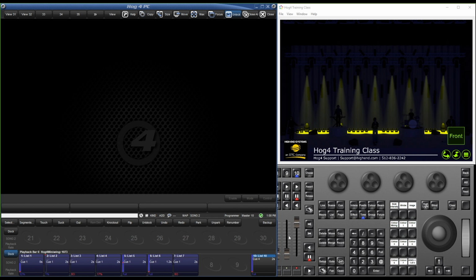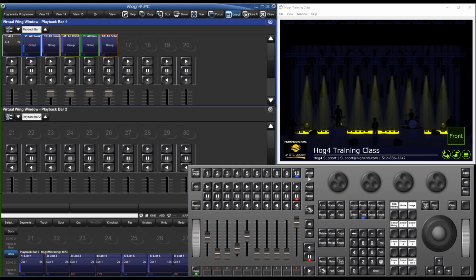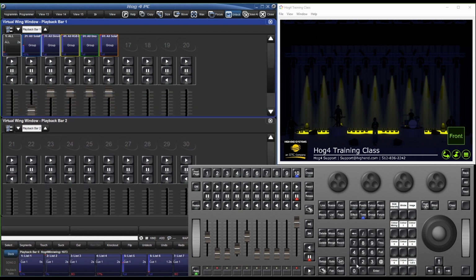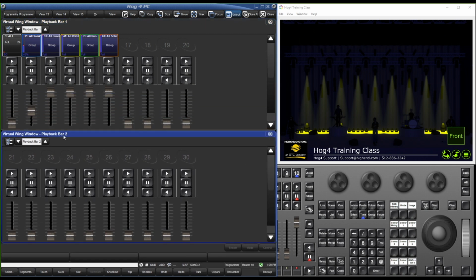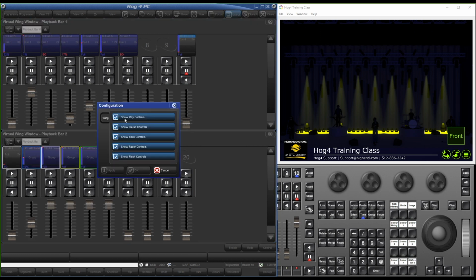You can achieve this, kind of-ish, by using, we did it kind of here with the views 14 and 15, where you change what playback bar is currently shown up here. So you could, in theory, I like seeing what I'm controlling, so this isn't something that I do. But I could turn off my main playbacks here, 0, 2, 1, 0 again, and just have it all shown via the virtual playback window, I guess, if you really wanted to. So I could have this be playback bar 1 and 0. You can go and turn them all off